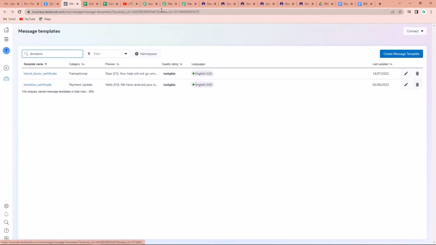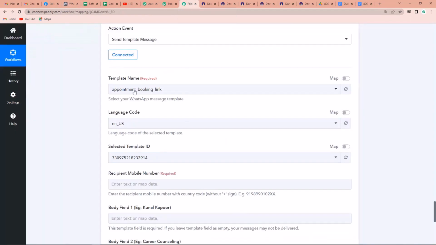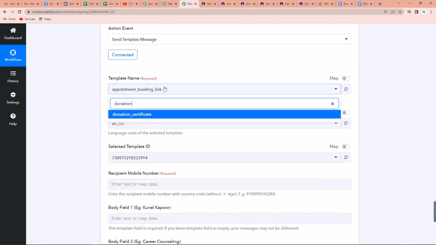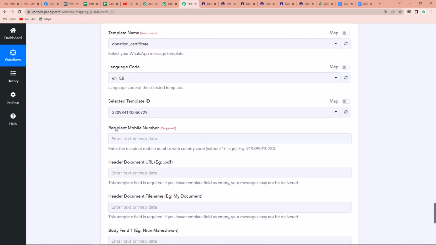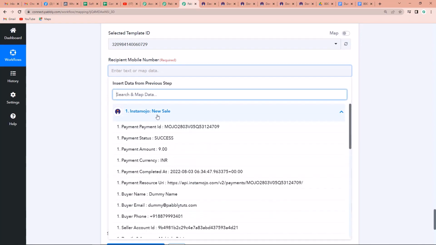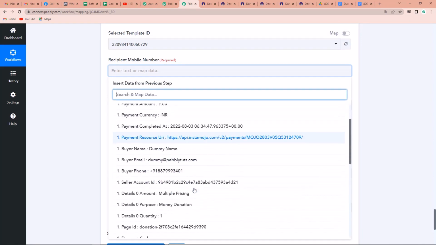So now I'm going to choose this. I'm going to go back to the Pabbly page here and select my template as donation certificate. And now as I come down, here it is asking me for the mobile number. So once we go down and we go to this Instamojo new sale, here you can see that the mobile